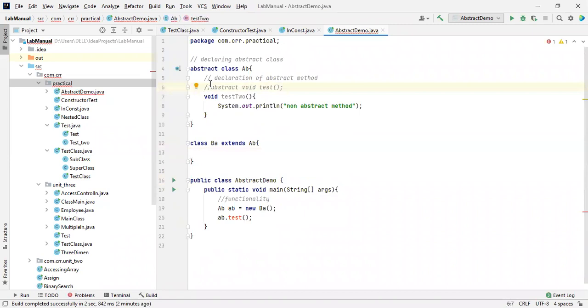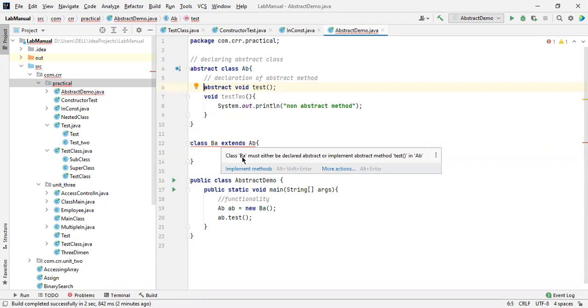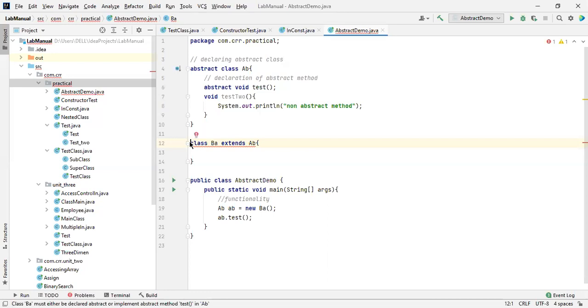If you have an abstract method inside an abstract class, it throws an error like: class BA must either be declared abstract or implement the abstract method. Either be abstract, in the sense it should be declared abstract, or you have to implement this method.